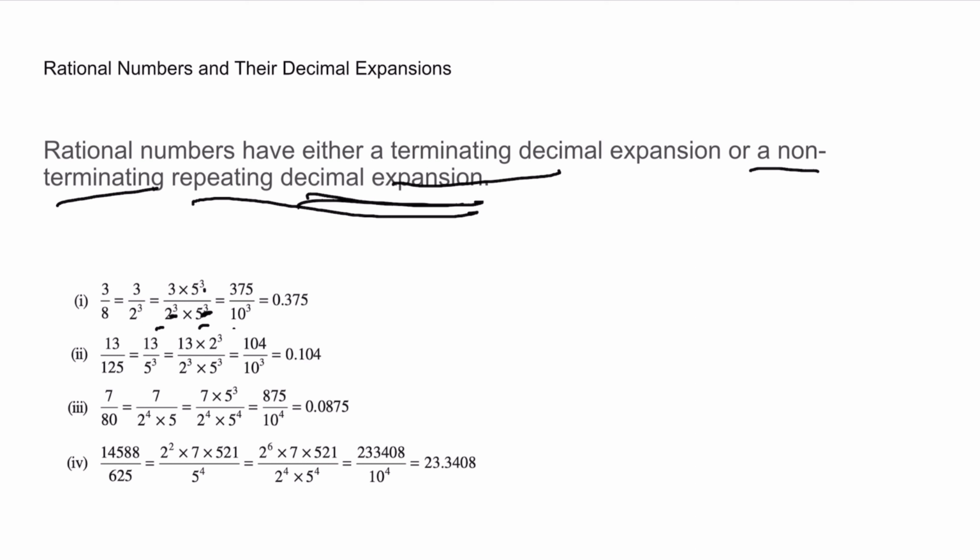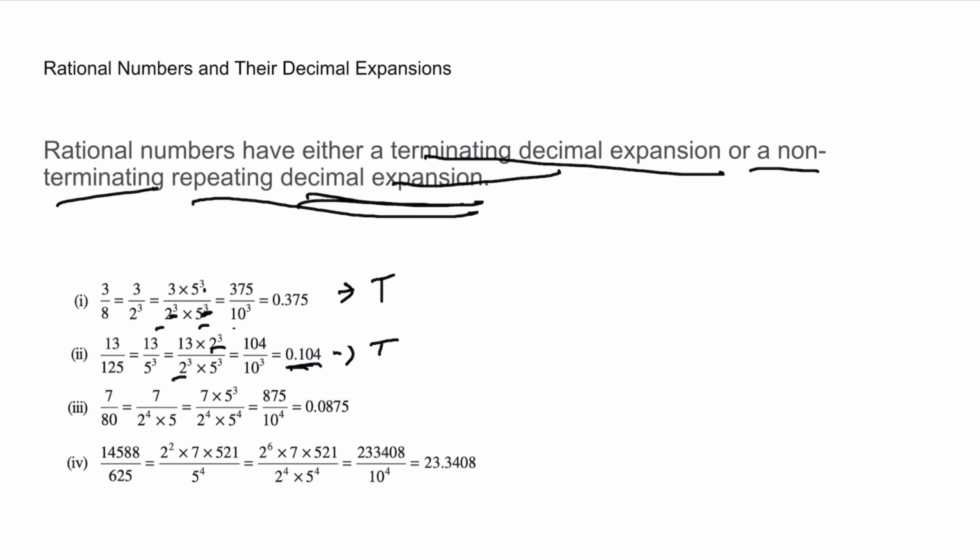and we get a number which is a terminating decimal expansion. So this is a terminating decimal expansion. Once again, if I look here for example number 2, in the Q part we have 125. 125 could be written as 5 to the power 3, and I can multiply 2 to the power 3 in numerator and denominator, which would once again give us 2 to the power m into 5 to the power n, which would make our m 3 and n 3, will give us the number at the end 104 divided by 10 to the power 3, will give us at the end a final number with a terminating decimal expansion which is